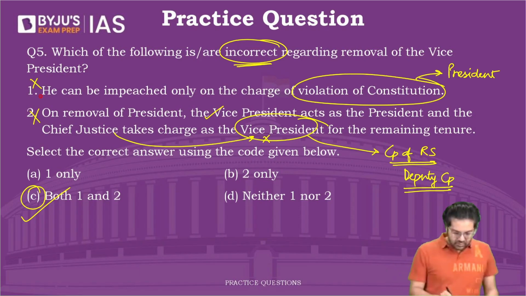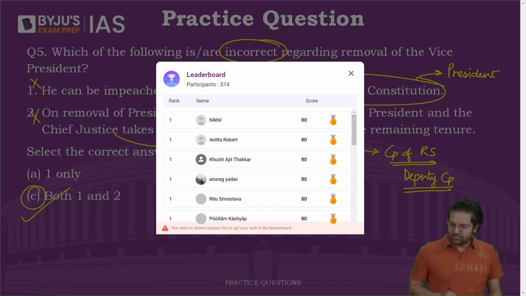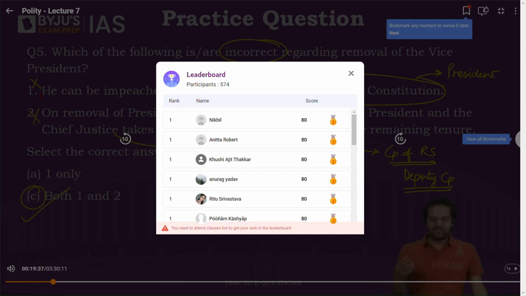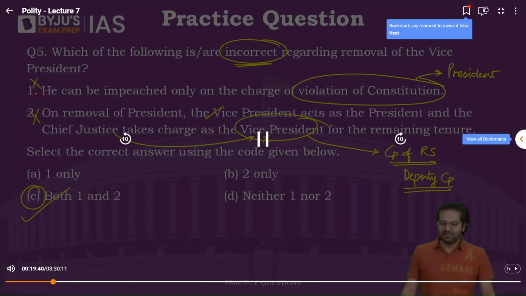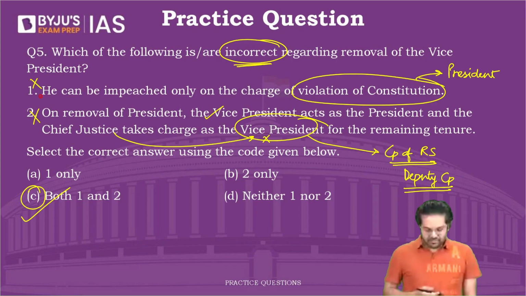Okay, now let's see the leaderboard. Toppers. Oh, just 4 people topping today. What happened? Maria, Sonu,